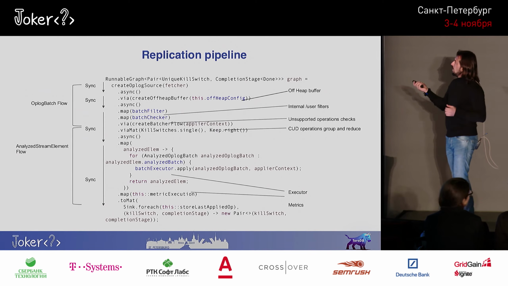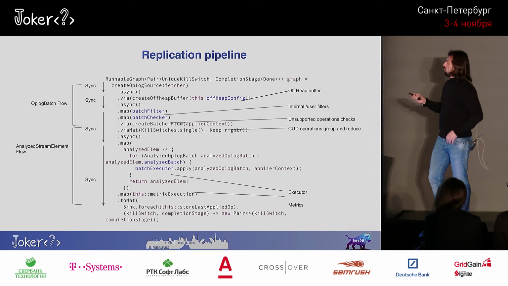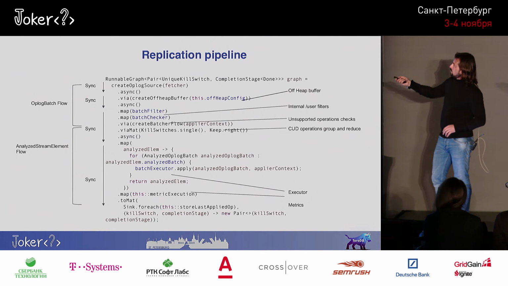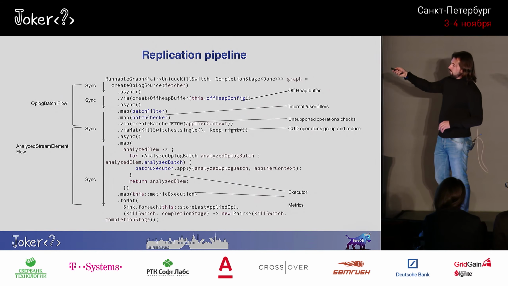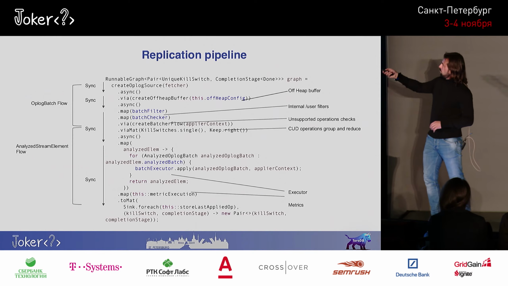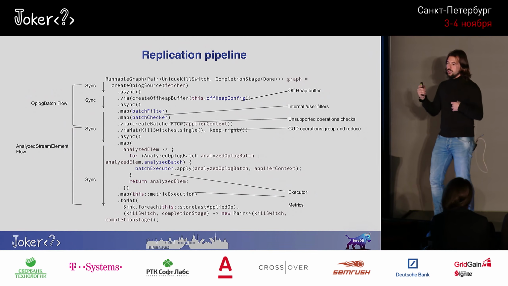But basically, if you're unfamiliar with Akka Streams, you create a description of your pipeline. That's called a runnable graph. And it's going to provide some placeholders for yourself to operate this. And there's a source of data, which in this case comes from the fetcher, which fetches the changes from the